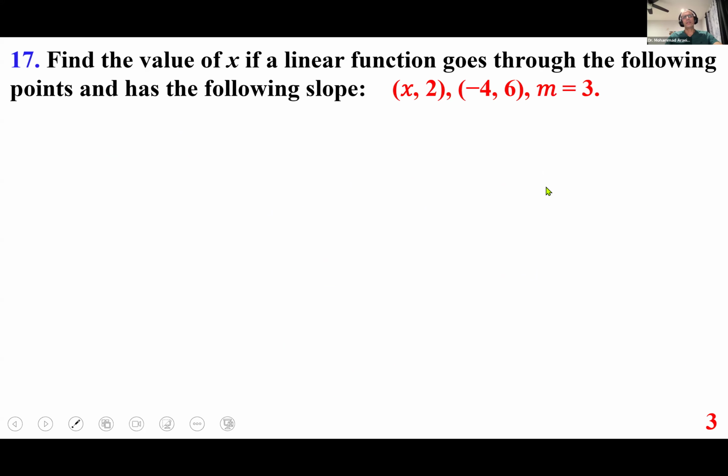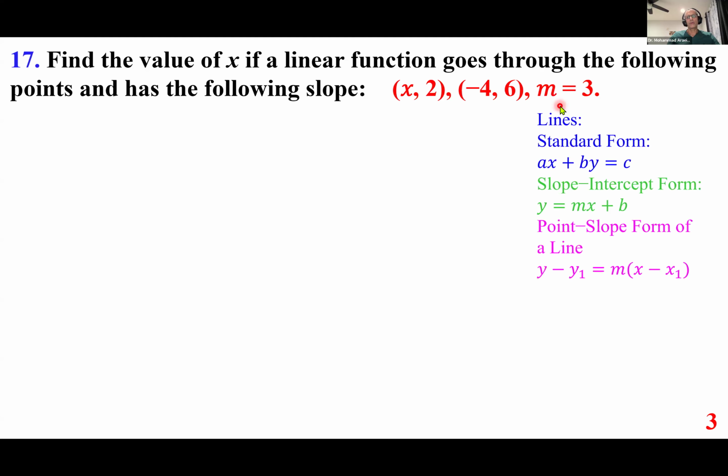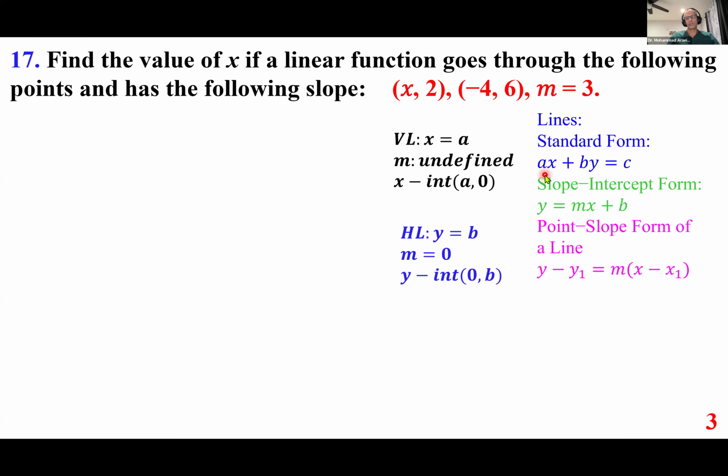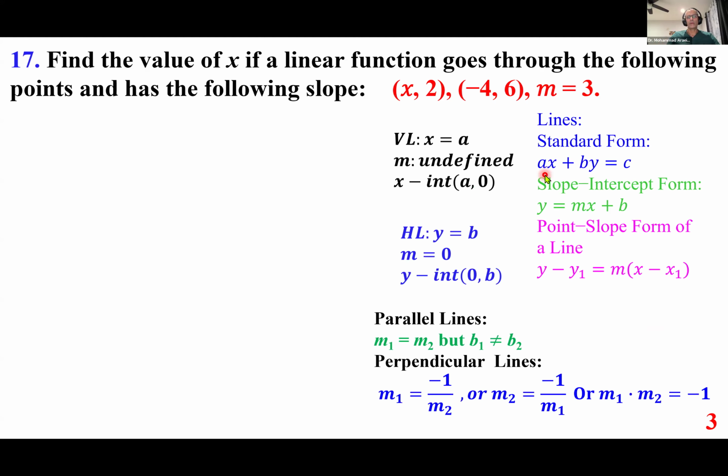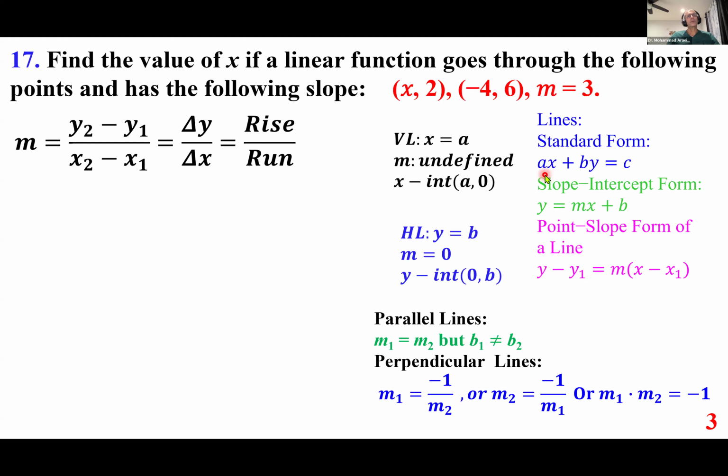Find the value of x if a linear function goes through the following points and has the following slope. We have the two pairs, we have the slope, and slope is defined as rise over run, again reminding you of the formulas that were just discussed on the previous page, so I'm not going to waste time on that. We just went over that, and so we are going to go with the slope where it's rise over run. So y sub 2 minus y sub 1, so 6 minus 2 over x sub 2 minus x sub 1, negative 4 minus x, and that is equal to m,